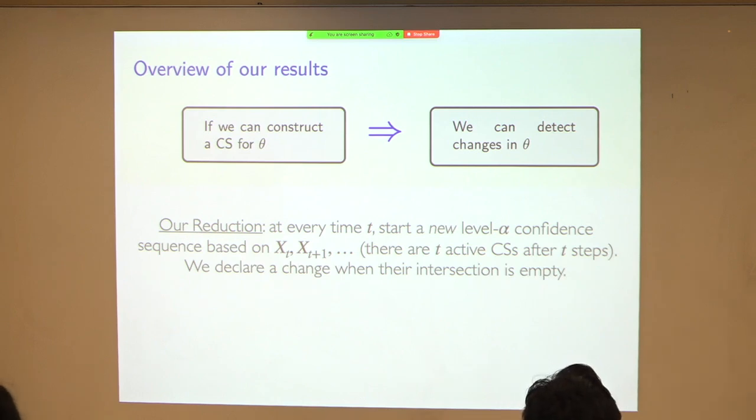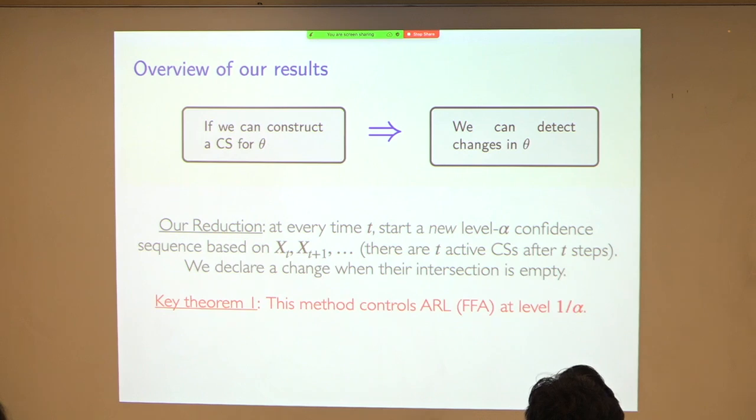It had nothing to do with the mean. So any functional works. The entire distribution could be your functional. You can just say, I want to detect any change in distribution, and that's also fine. Okay, so the key fact is this method controls the average run length